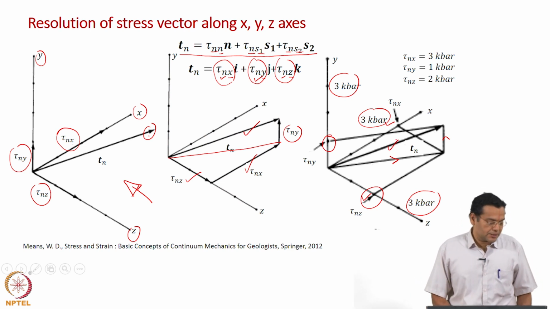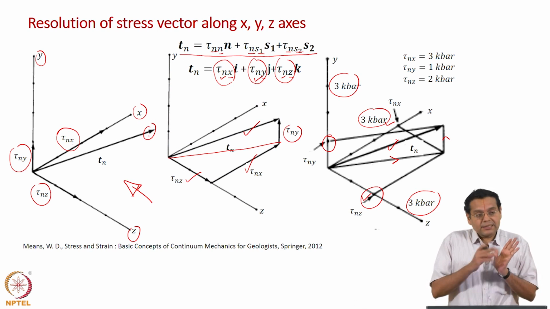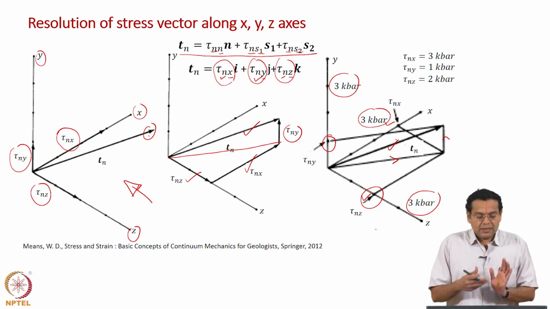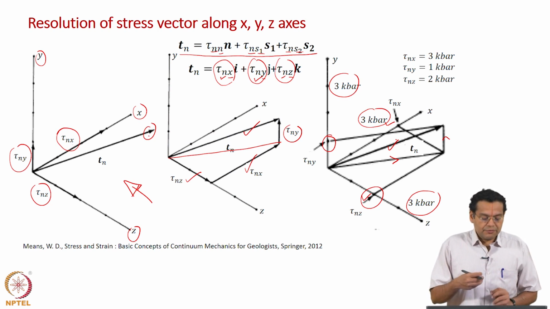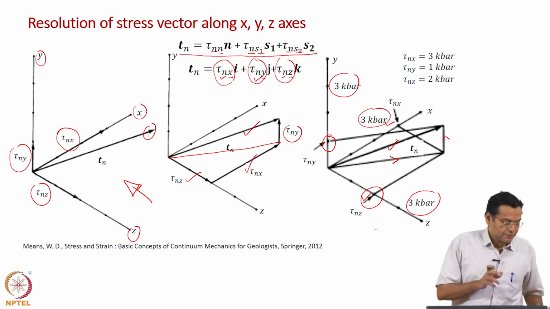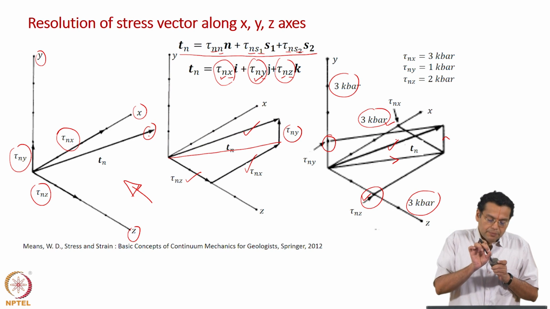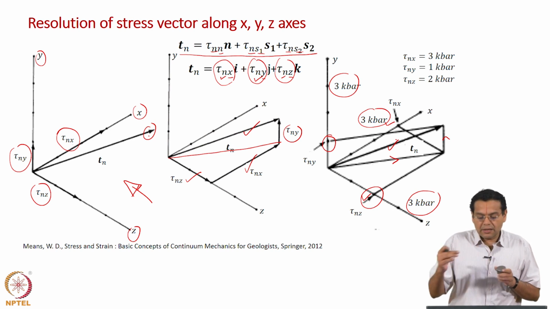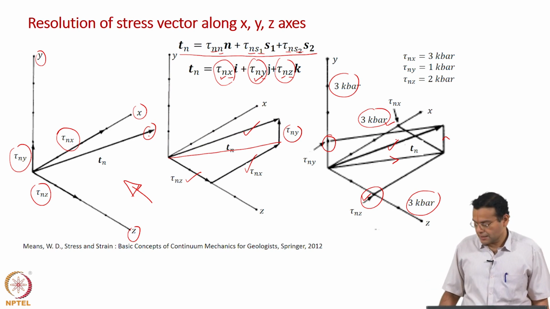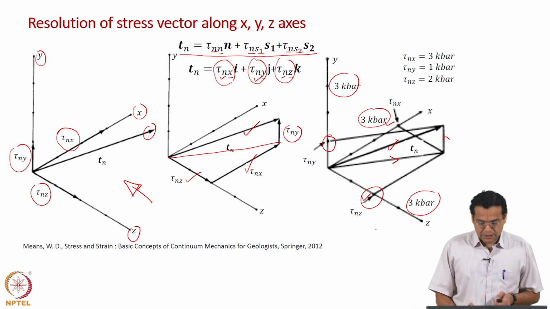So, very good representation of the stress vector resolved. Remember, the plane is still any plane, I repeat this because we will relax that as we go along. On any plane, the stress vector acting, remember all these are point values, already we have taken limit. You have a plane, at a point you are resolving the stress vector along x y z axis, and they are called as tau n x, tau n y and tau n z, okay. Okay, now let us proceed.